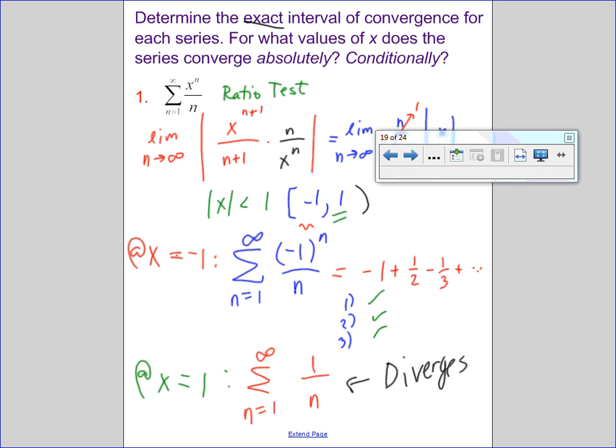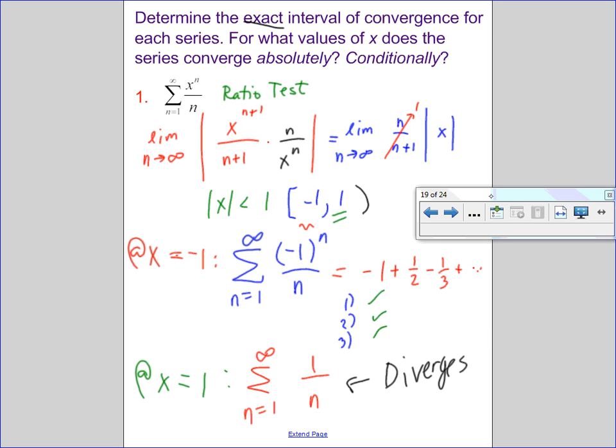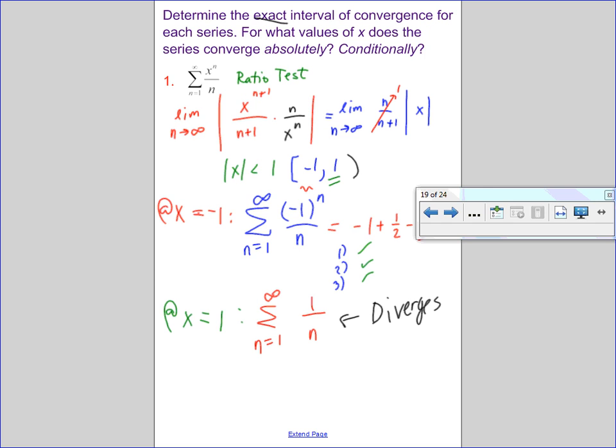All right, so I have the exact interval of convergence. Now I need to consider for what values of x does the series converge absolutely. The series converges absolutely when we did the ratio test and got when x is less than 1 strictly. So the series converges absolutely for strictly -1 to 1, conditionally for x equals -1, and not at all for x equals +1, right? So let's go ahead and say something like absolutely for what values of x, -1 to 1,